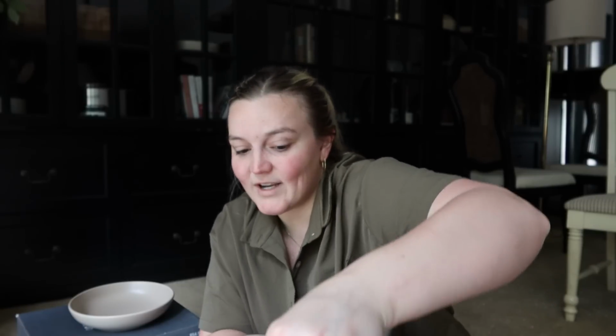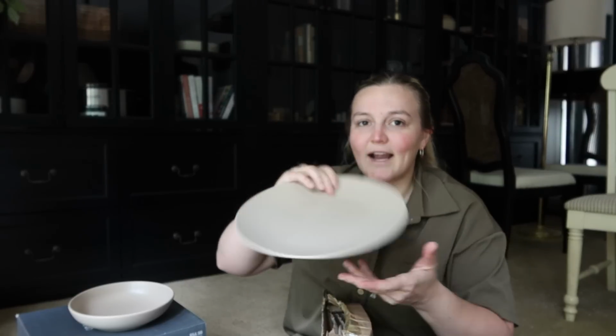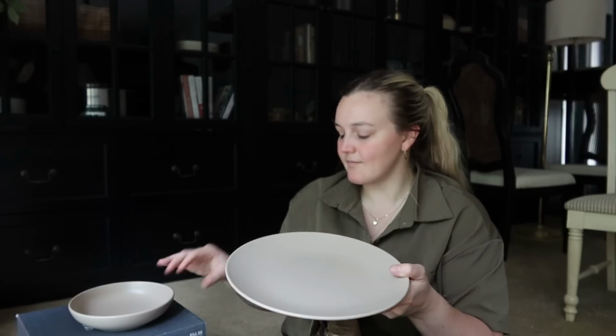I love these bowls because they're a little wider around than the ones we're used to, but they're not quite as deep. So I can see myself eating a lot of my meals out of this bowl because it's kind of like the little plates with edges. That's what I really wanted, to be honest with you, and why I was hesitant on this set last time is because I've really been wanting a set of plates that have the little edges. If you know, you know. Like the ones that have kind of a bowl, kind of a plate. These are pretty much just a typical plate. They do have a pretty large lip, but I mean,